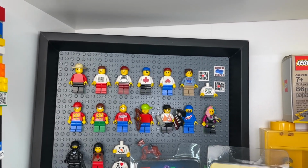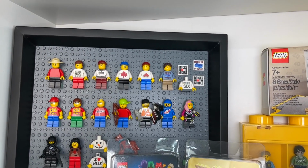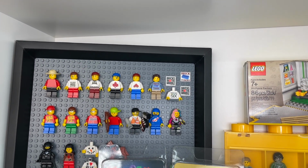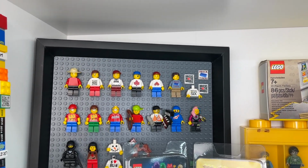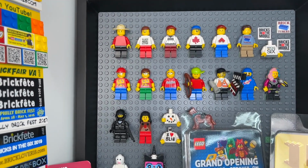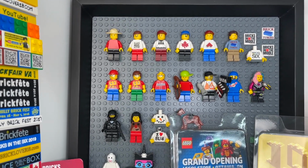Beside that, I've got the BrickTubers minis, like the sig fig, which is really cool. So I put my head on that. Looks awesome there. I've got the Bricks in the Six minifigure torso, the BrickTubers tile, and then the Bricks in the Middle tiles, which are awesome. Below that, I've got some minifigures from BrickFest Live in Philly, so I've got a couple different ones there,